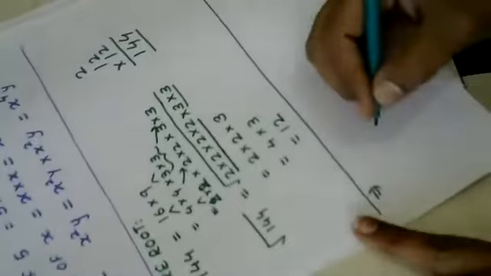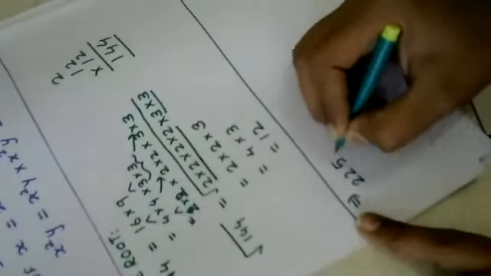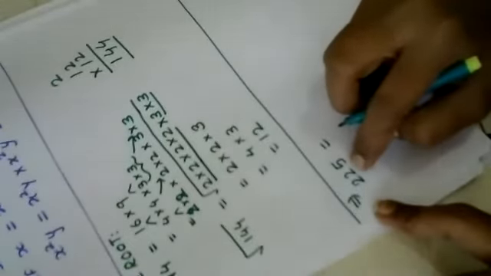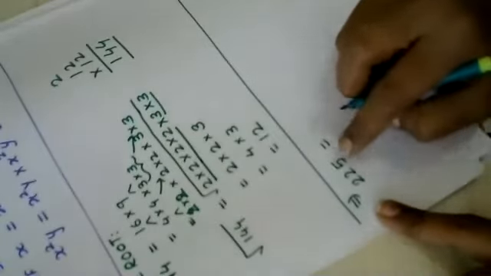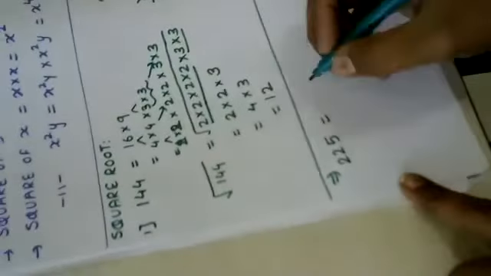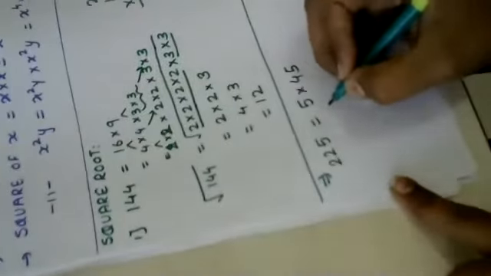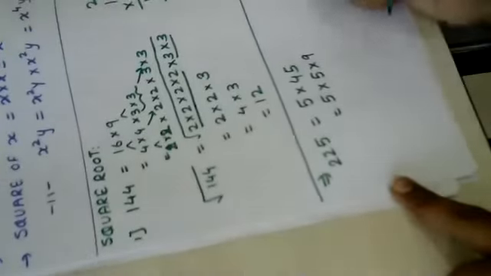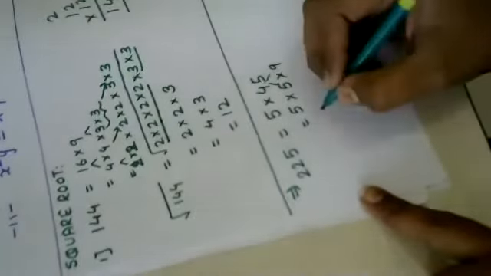Okay, this is for the numbers. One more example I will take, 225. Now find the factors of 225. Now 5 plus 2 is 7, 7 plus 2 is 9, means this number is divisible by 3 also, and the last unit digit is 5, so it will be divisible by 5 also. So start with the 5. 45 5s are 225, which is equal to 5 multiplied by 9, right? 9 5s are 45. These are the factors.